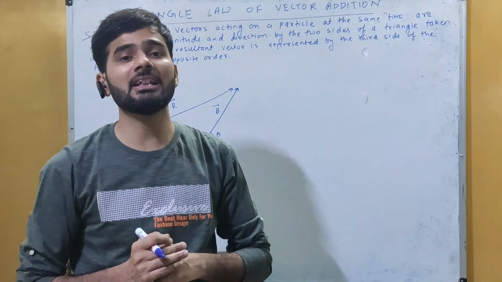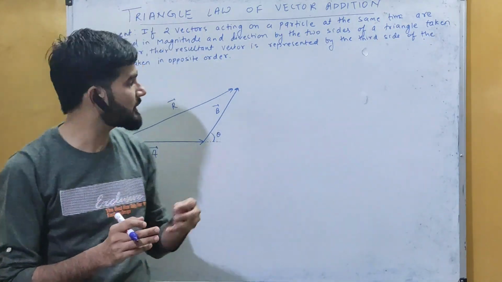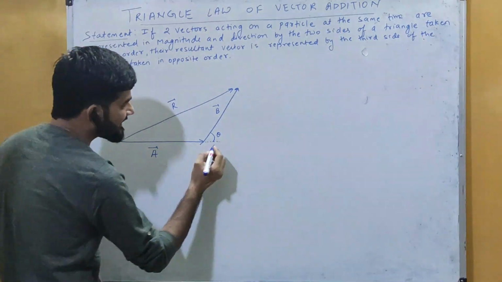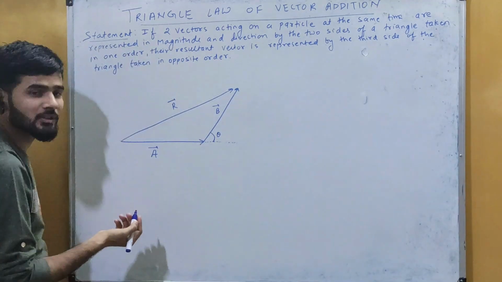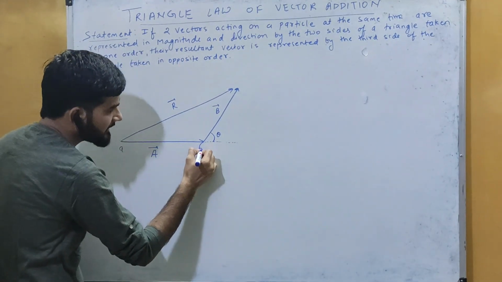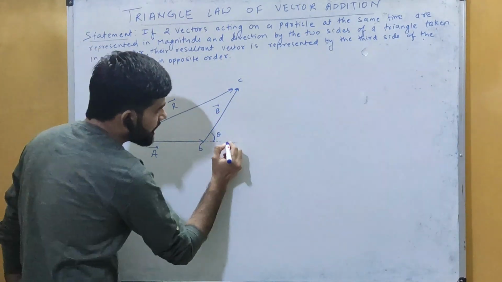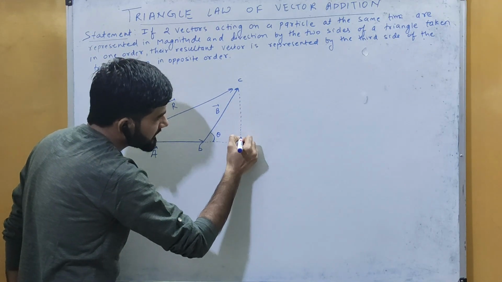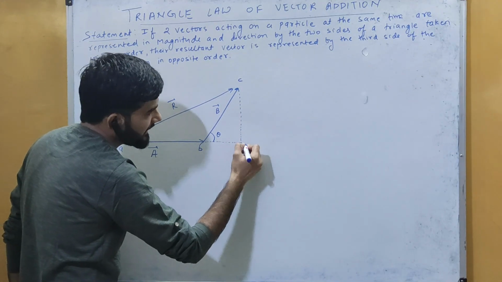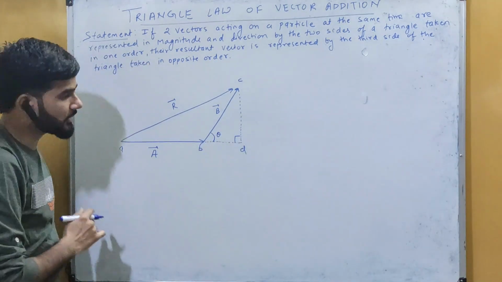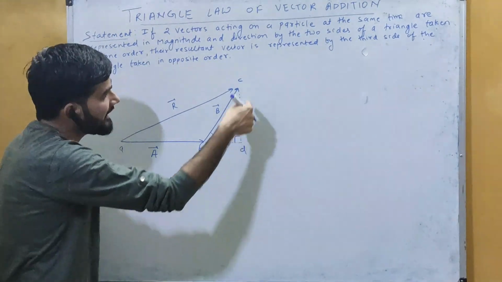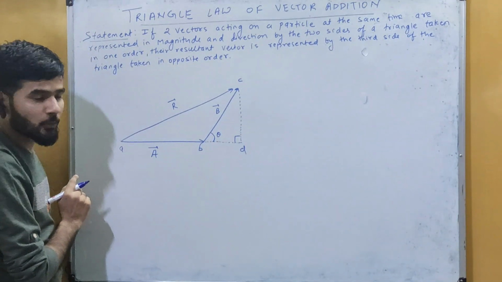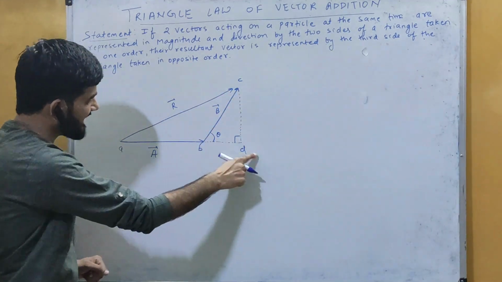Now here we will find the resultant magnitude and direction. We have to find the magnitude and direction of this R. In this case, I will extend this line. Before that, let us give the names: this is A, this is B, this is C. I will extend this line AB and drop a perpendicular from C. It will meet at D. This is the perpendicular. So I have extended AB and drawn a perpendicular from C that meets at point D.